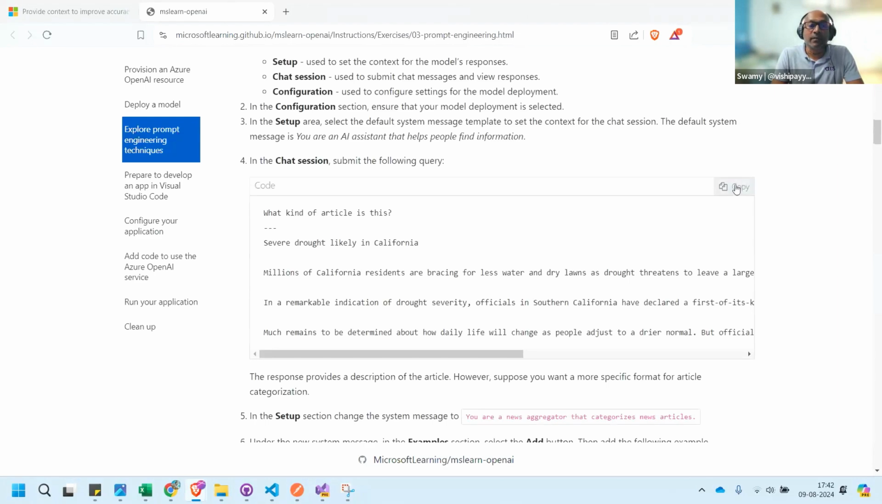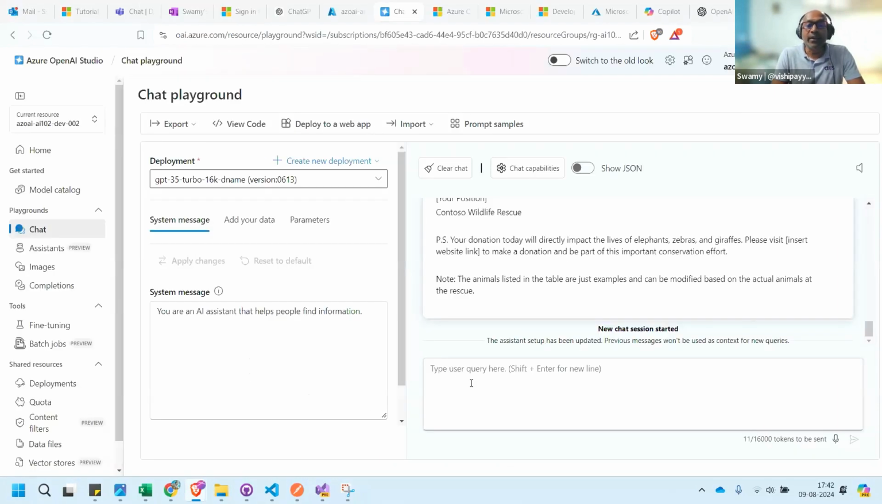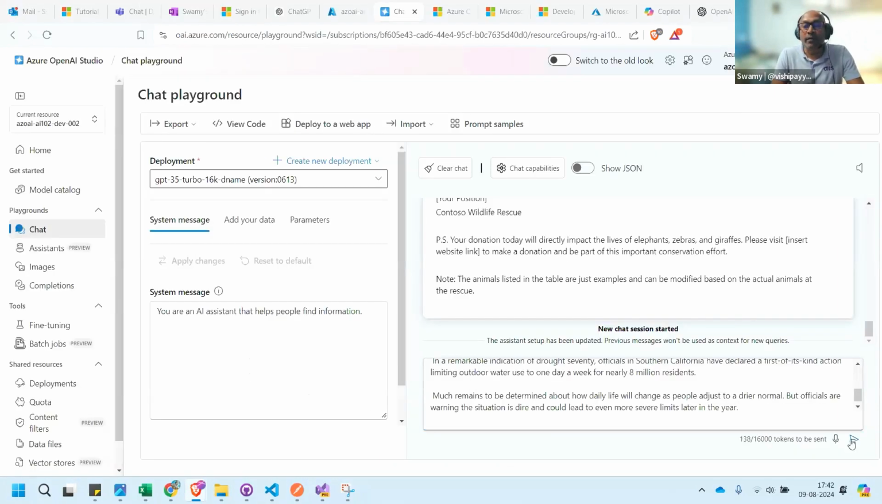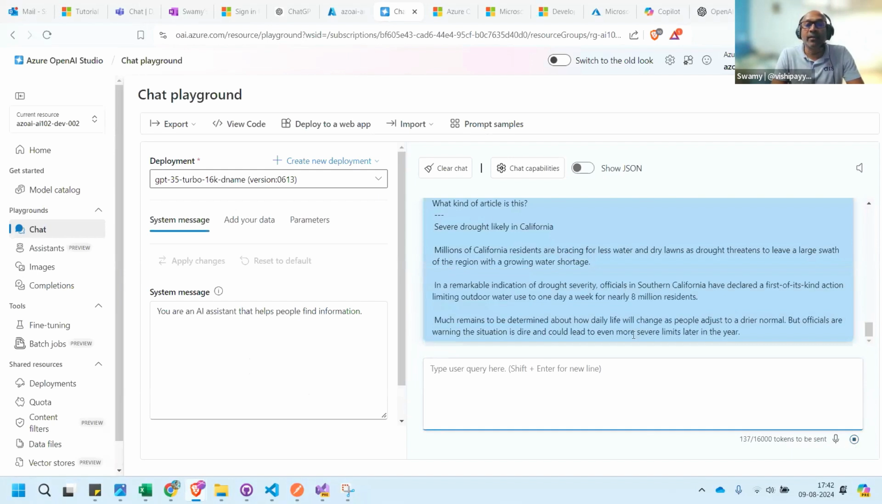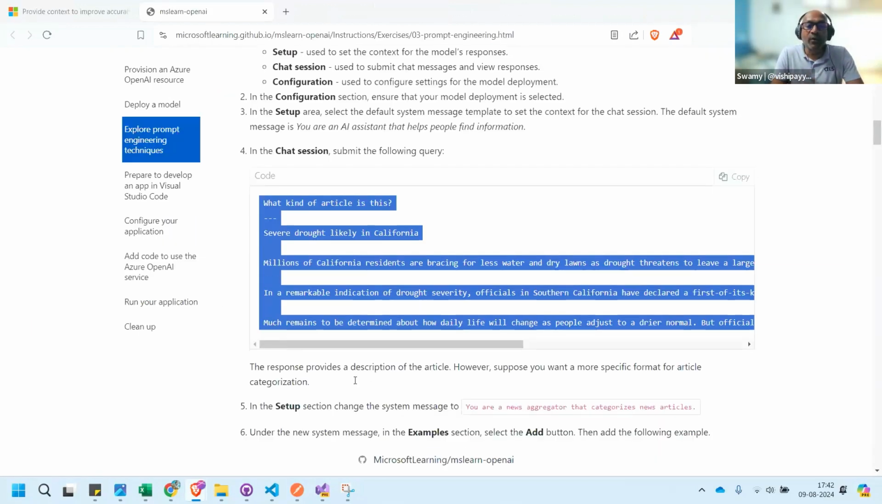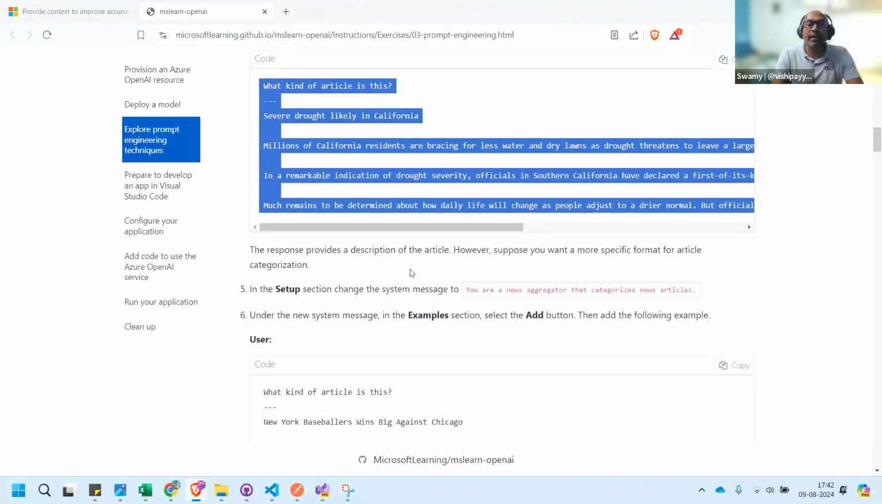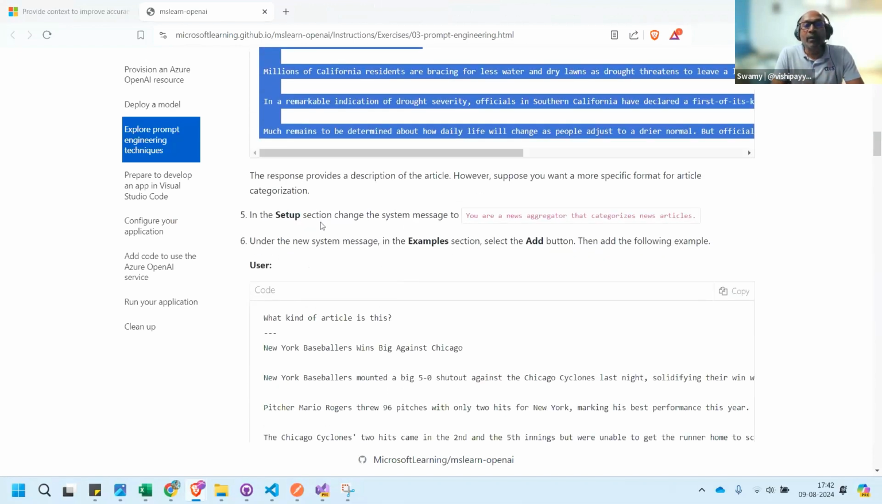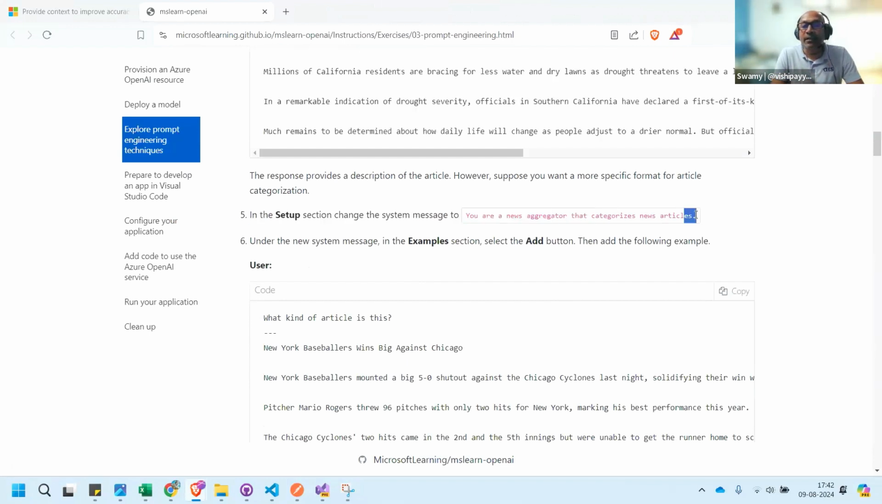So you can directly do a straight lift of that and put it over here. And we are asking, what kind of article is this? It gave some answer. I don't know whether it is right or wrong, but it gave us some answer. The response provides a descriptive description of the article. Now, what we will do is we will set this message in